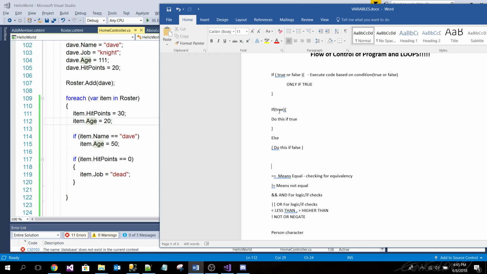Do you guys get this? If this is true, do this. Then if this is not true, then go down here.